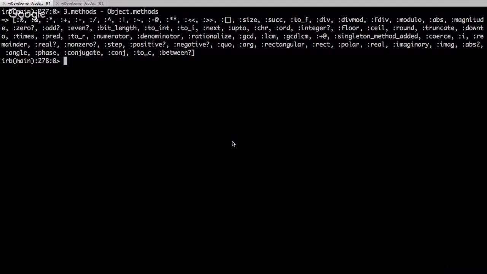Now, this isn't perfect the same way as looking at the instance methods the other way was, because I think, let's see here, I think I can do it this way. This will make more sense. If I do 3.methods minus basic object.methods,